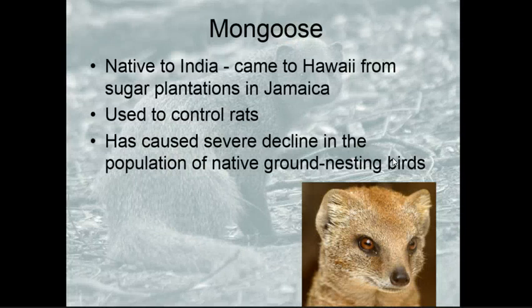Mongoose. Mongoose is another island issue, right? And rats. Okay, rats are an issue as well. Rats are pretty much everywhere that ships go because rats get on the ship and then they get off the ship with the cargo and they go off and populate. Well, this happened in Jamaica, right? So the ships that were coming over to Jamaica for the sugar trade and all this good stuff brought over